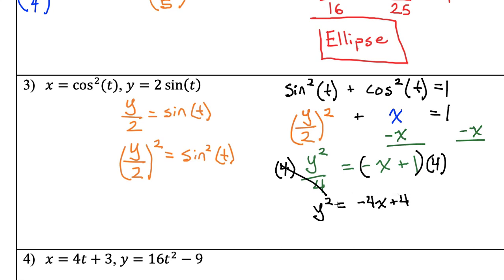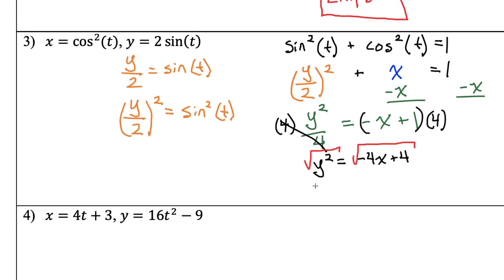And then I have to take the square root of this. And just trying to make sure I'm doing this right. Yeah, I don't think I've made any mistakes yet. I'm going to take the square root of both sides. This is equal to, y is equal to, it should be plus or minus the,